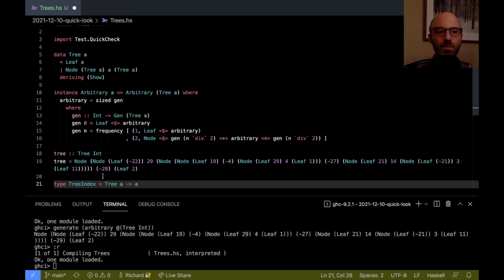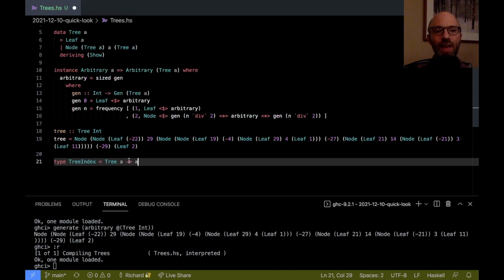Well, already this is a bit funny, right? Because here I have A on the right, but I haven't set A on the left. But the idea is my index should work on a tree of anything. Maybe I have this tree of int and I have another tree of bool somewhere, or a tree of widgets. And I want to use these ints to help me figure out where in the tree of bools or the tree of widgets I want to pluck a bool or a widget out. And so what that means is that I don't want to have this tree index that's returned from some lookup function be fixed over what type it works on. I want that to be able to work over any contained type. So I really want tree index to be